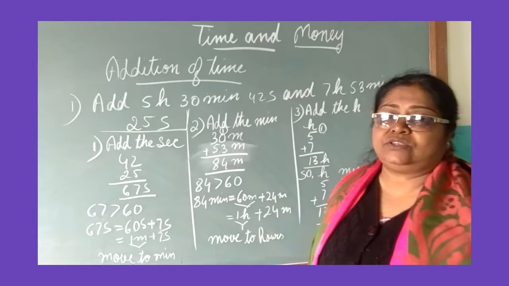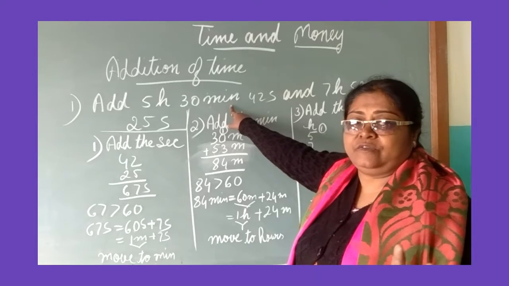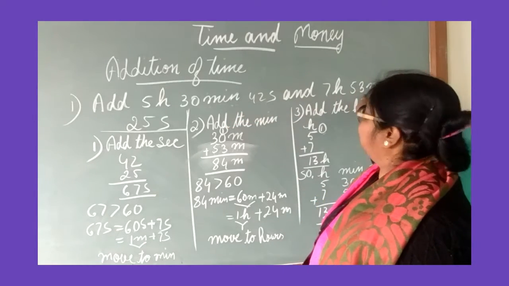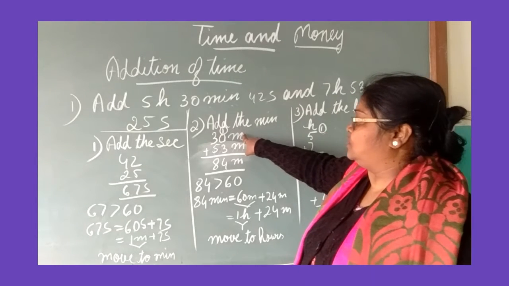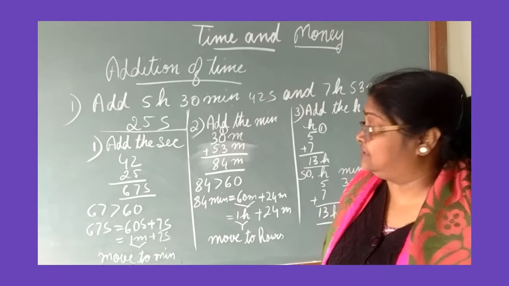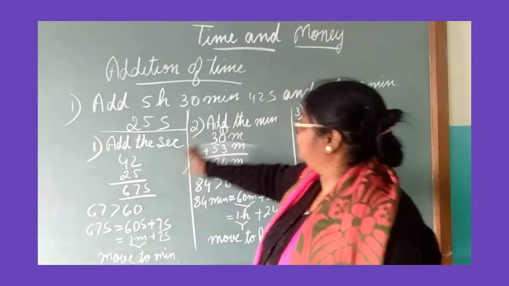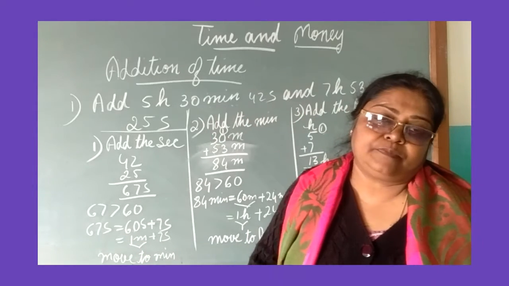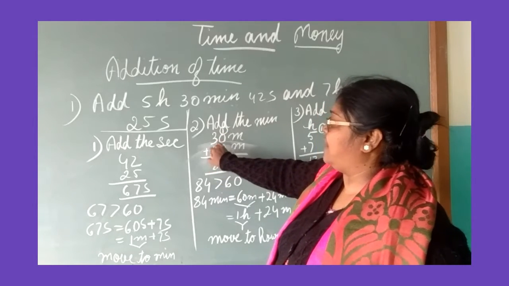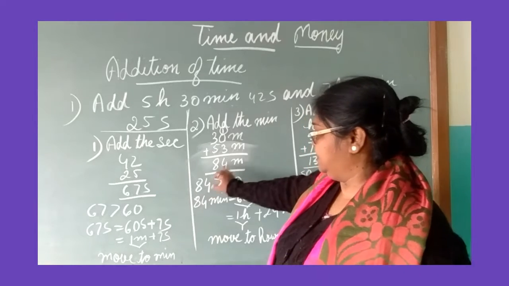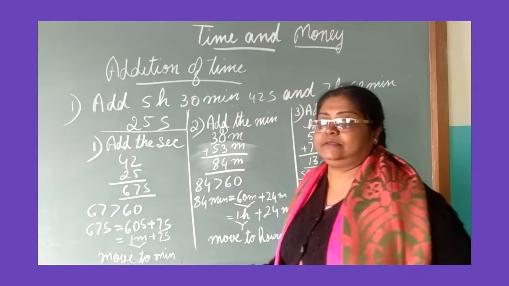In the second step, what you are seeing here is 30 minute. Yes, minutes, now you will add. 30 minute and here 53 minute. So 30 minute plus 53 minute, and this 1 minute will move here, plus 1 minute. Okay. Then 3 plus 1, 4, and 5 plus 3, 8. How much did it come? 84 minute.